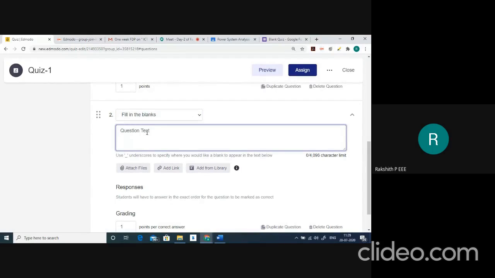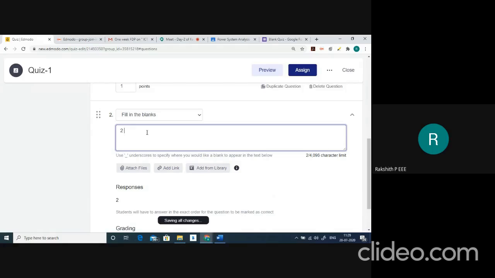Say for example, I'll create a series of even numbers, and within that I'll give some options for students to enter. Say for example, 2, 4, 6. And if you want to ask students to enter their answer, make sure that you use underscores.